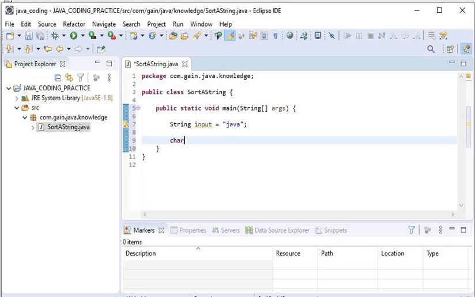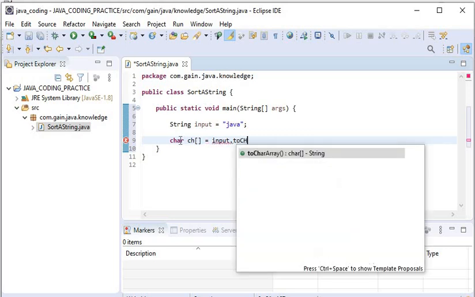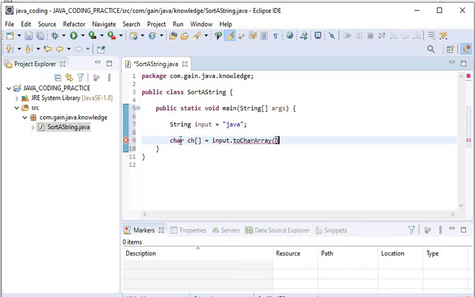For this we will do char array ch is equal to input dot toCharArray. Now our string will be stored in the form of a character array.